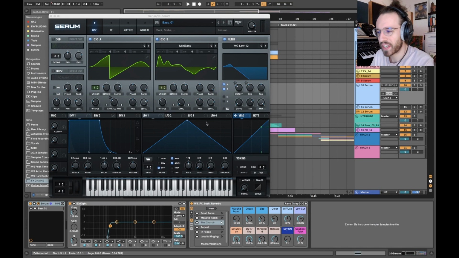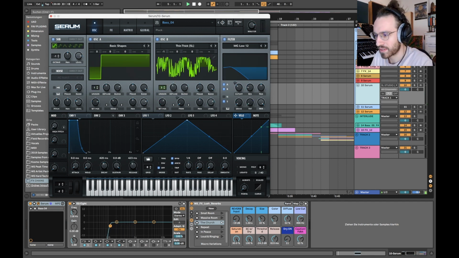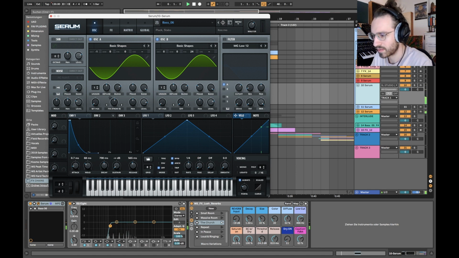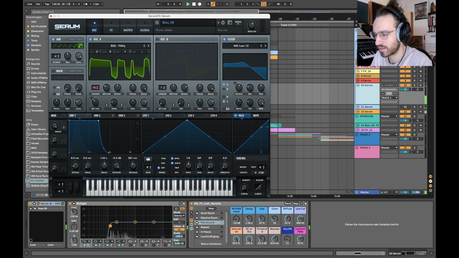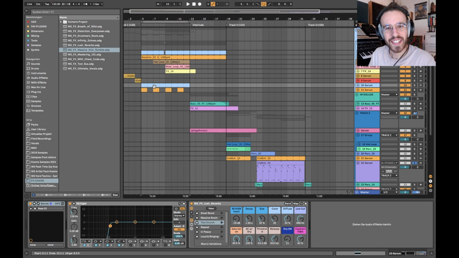Let's also real quick have a look at some of the other bass presets. Like right here we had this one. Let's maybe check some of the other ones. So you can see you can get instant inspiration out of this, just checking out the different presets,